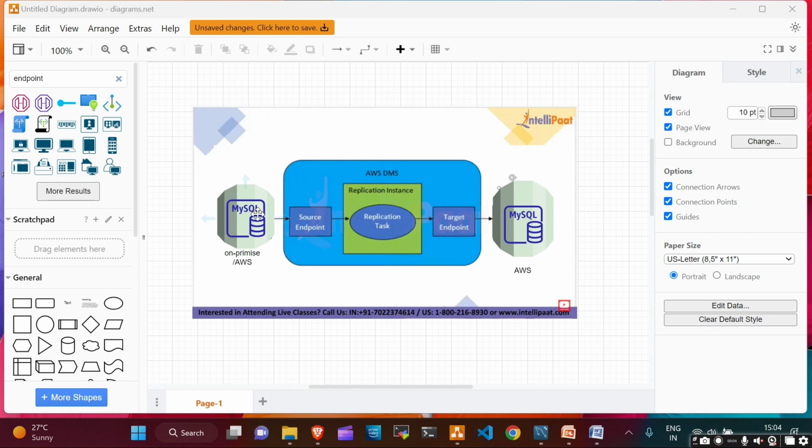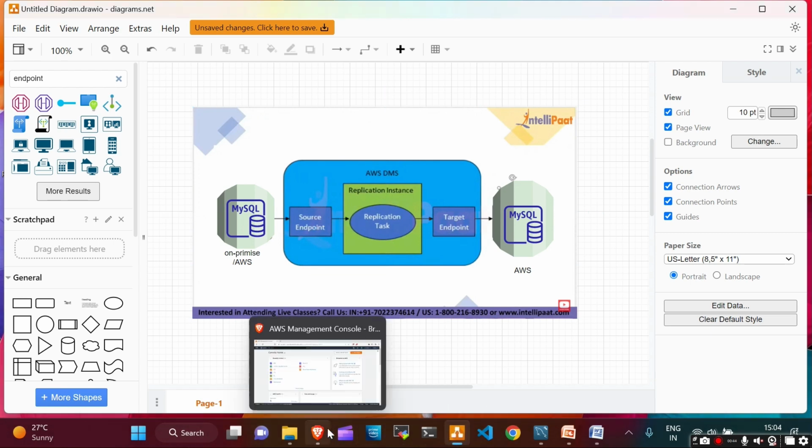In this video, I will show you how to migrate your on-premises database data or AWS database data into the AWS database. For that, we need an on-premises database or AWS database, and we need an AWS database. And to connect these two databases, we need a source endpoint and a target endpoint, and we need another service called a replication instance. It acts as an intermediate between the target endpoint and the source endpoint,